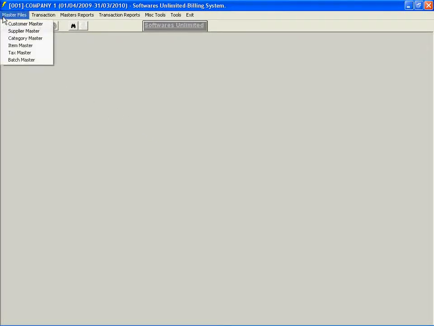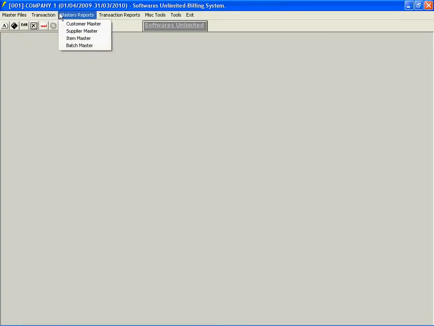In master files we have got customer master, supplier master, category master, item master, tax master, batch master. In transaction the software has got purchase register, sales invoice transaction, purchase return transaction, sales return transaction.